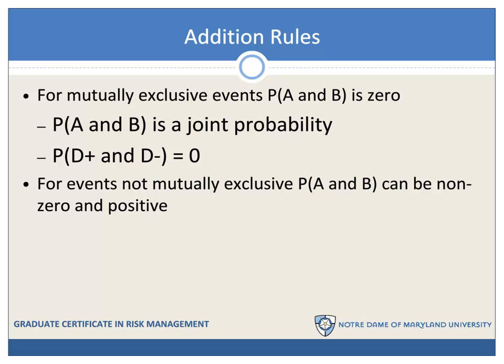The probability of disease positive and disease negative is 0. But for events that are not mutually exclusive, this joint probability of A and B can be a non-zero and positive value. And so in those cases, it needs to be subtracted from the sum of the two events that you're interested in. Now, I will offer one final word on this particular rule, and that is